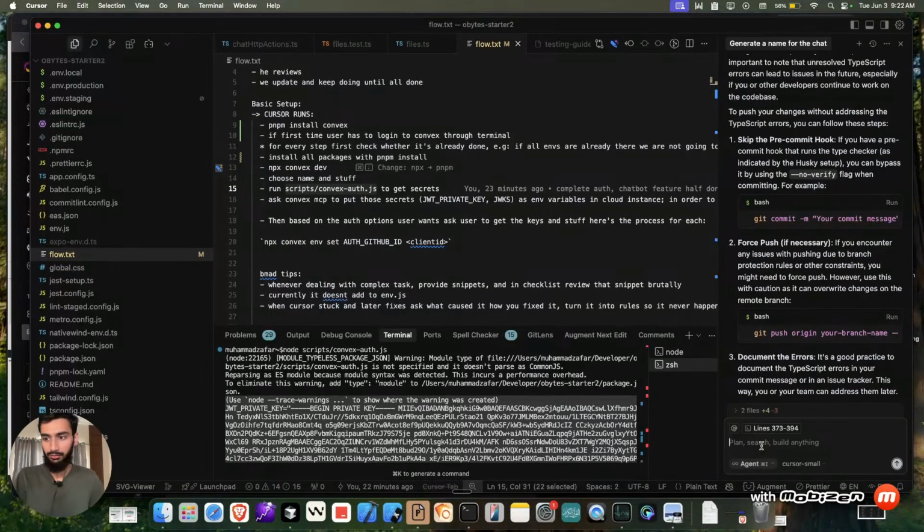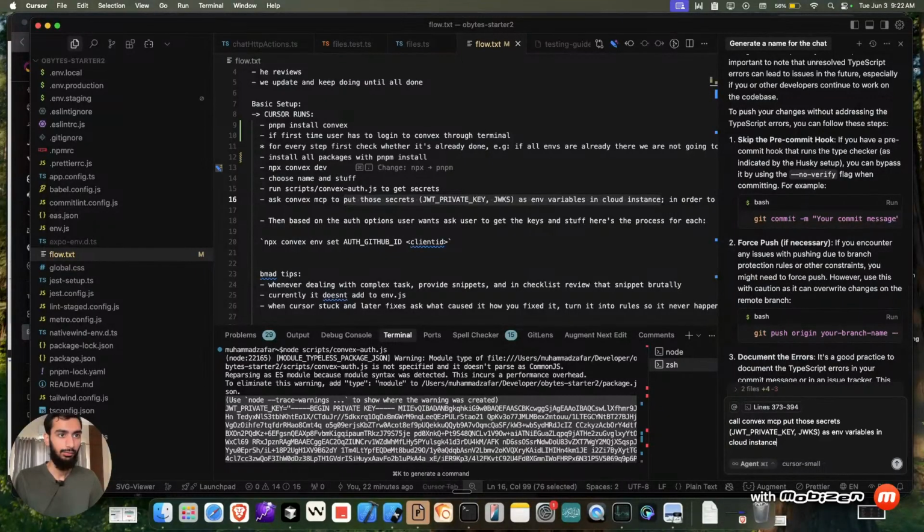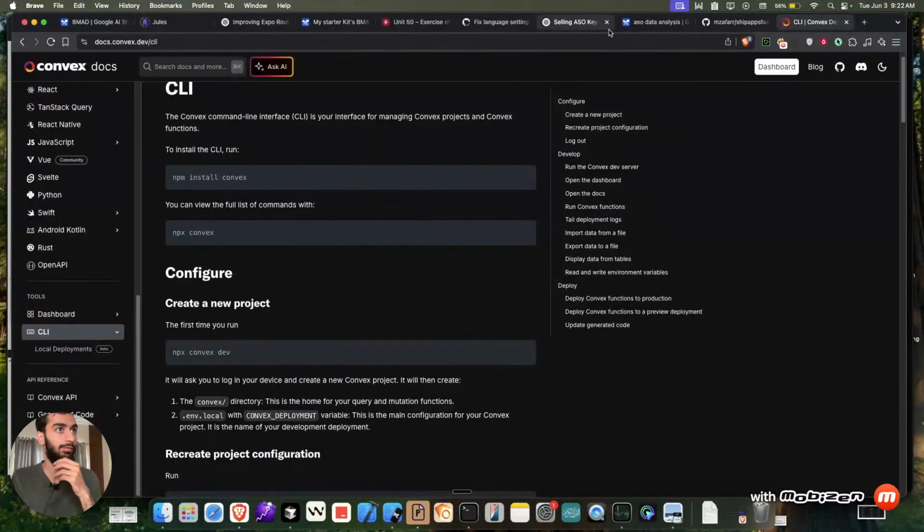You'll tell cursor to call convex mcp. I'll also tell you how to set up convex mcp in just a second. And put those secrets like this as env in the cloud instance. You ask it to do this and it will automatically go to your convex and set up the environment variables. As for setting up the mcp,